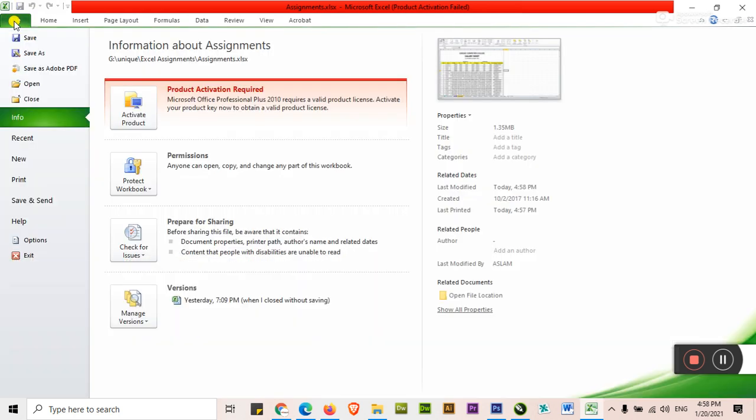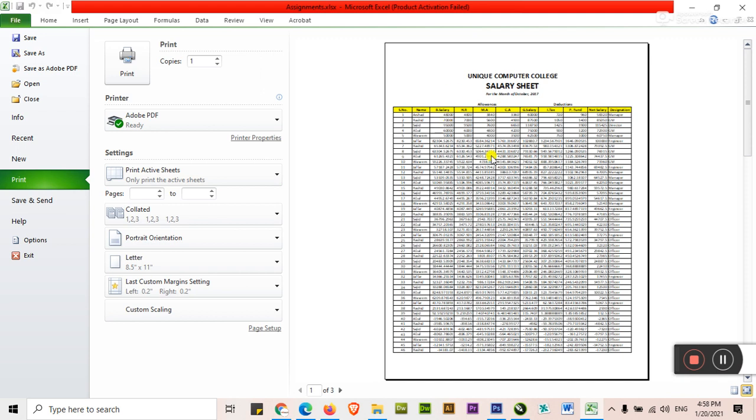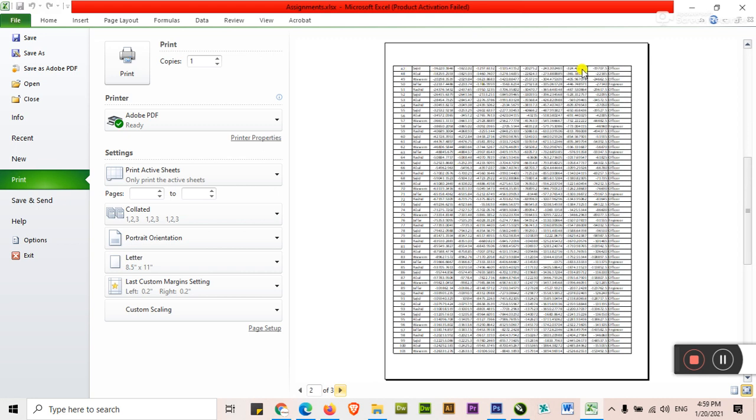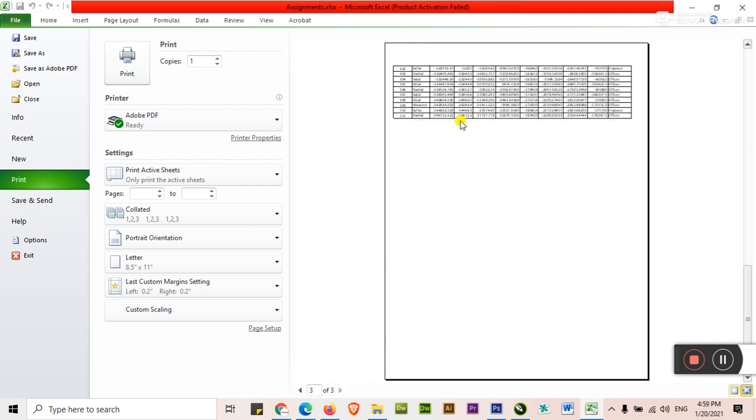Again check on the file, print. This is your sheet that is horizontally fit in the page. Okay, now you have 3 pages. Before this there were 6 pages because the other 3 columns were going to move onto pages 4, 5 and 6. Just click here, it's page number 1, the yellow heading is showing there. When you click on the second page, you are watching there's nothing there. You cannot judge what the name of the column is. When you are at the last page, you have no idea what the column name is. In this way it's very difficult to read the document.